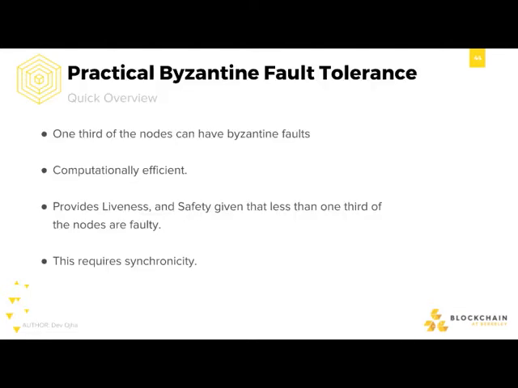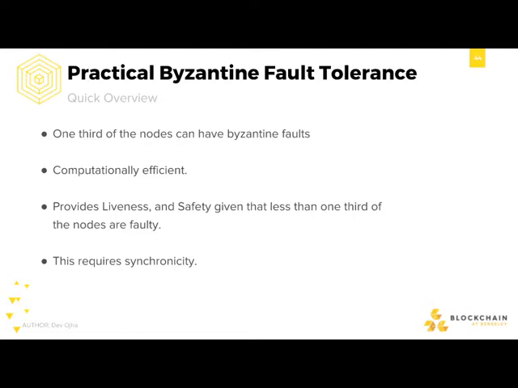So the main algorithm, well, it's not main. The one I'm going to talk about is called Practical Byzantine Fault Tolerance. This was made in '98. It's really the first solution to the Byzantine fault tolerance problem that's practical. What I mean by that is that it's computationally efficient. Previous solutions were extremely inefficient. This is about 3% slower than the unreplicated case, meaning for Byzantine fault tolerance, as Alex was talking about earlier, if you're going to handle F faulty nodes, you need a minimum of 3F plus 1 nodes total. That, I believe, is the FLP theorem.